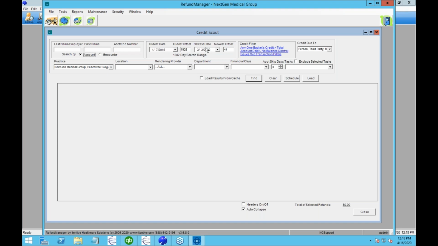So then we're going to search by a date range. And I have this wide open on my test system because it's a demo database, and I don't have all the current data that you have in your database. But typically, if you're caught up, you're going to do a window that starts at about 60 days back in the calendar and goes out, maybe to 120 days or 150 days back in the calendar. And that's going to be your window of sweet spot opportunity that you're going to keep moving forward each day, where the encounters and charges have gone through the claims process, everything's settled out, and now there's credits